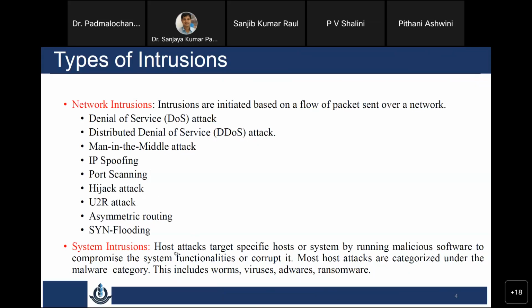And system level intrusions, as I mentioned, try to target a particular host or server or system by running malicious software to compromise the system functionality, corrupt some components of the system, and consume a lot of computing resources, I mean processing power or memory, and so on. These system level attacks are mostly classified under the malware category. So viruses, ransomware, worms, adware are all system level intrusions, and these are all network level intrusions. Okay, so I'll skip these